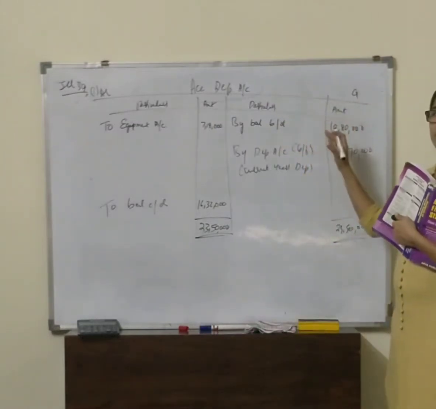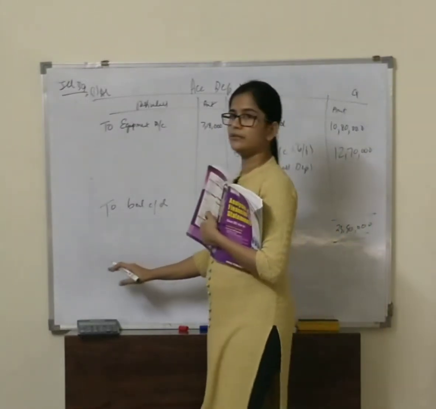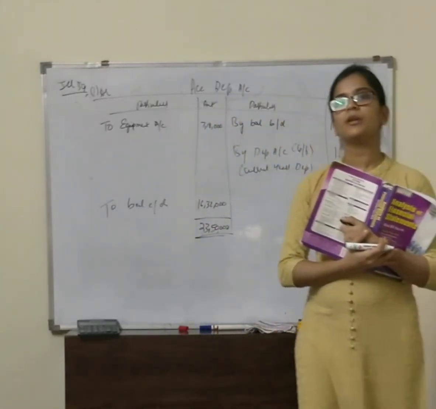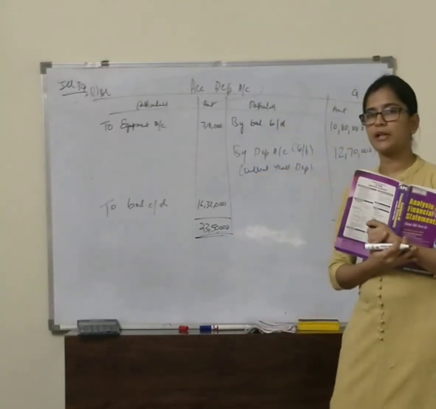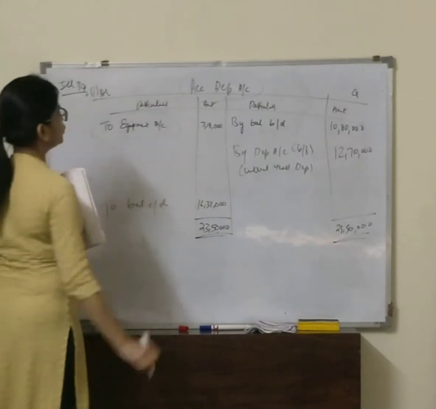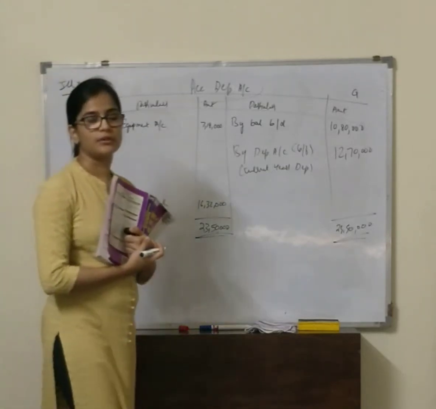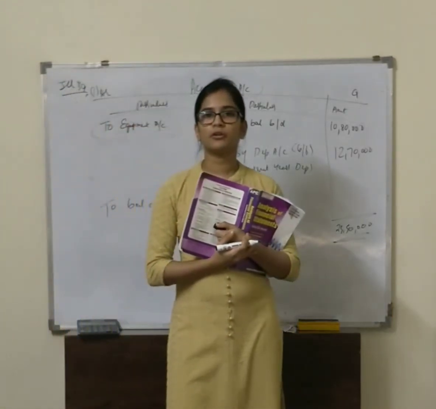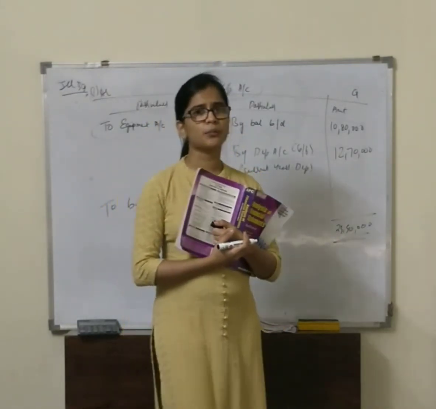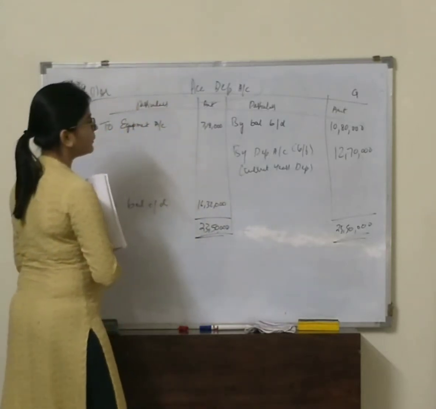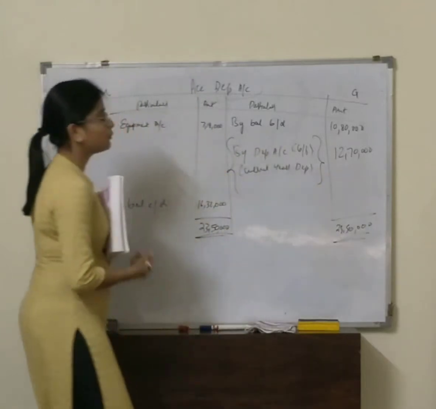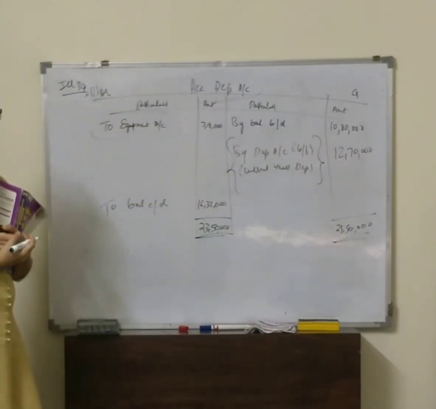So first step is bring down the balance and the closing balance. Next, when we have prepared our asset account, on the credit side we have written by accumulated depreciation, that is 7,18,000. So in the accumulated depreciation, obviously it will be two equipment accounts, 7,18,000. Why? What's the journal entry for the depreciation? It is accumulated depreciation account debited to our equipment account. So whatever balancing figure we get is our current year's depreciation. So we know what is the current year's depreciation.